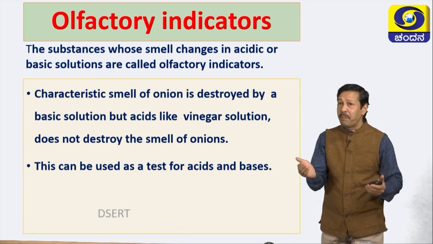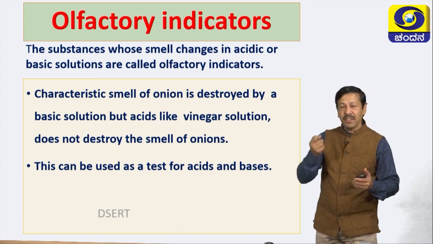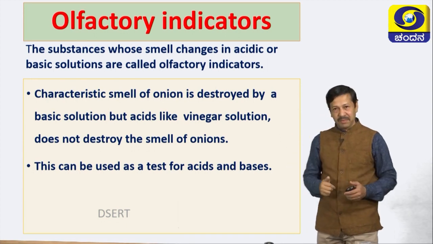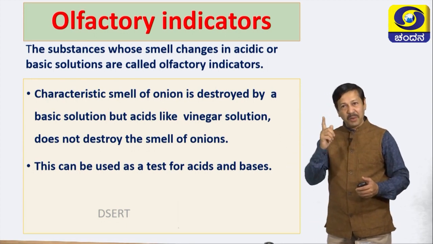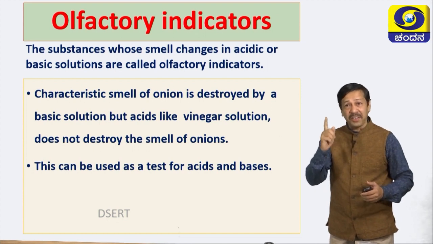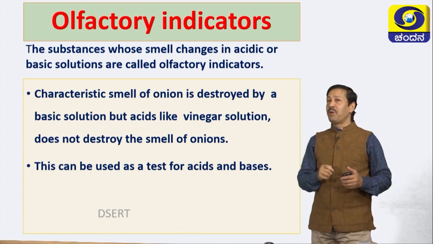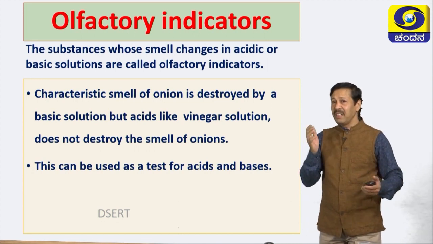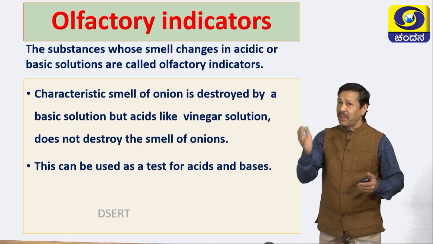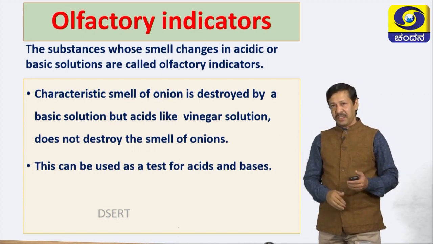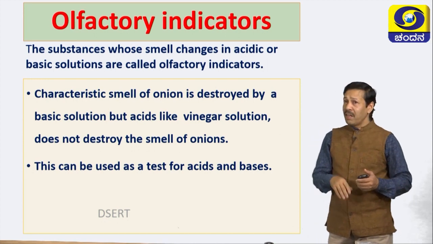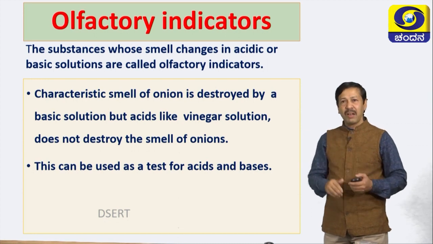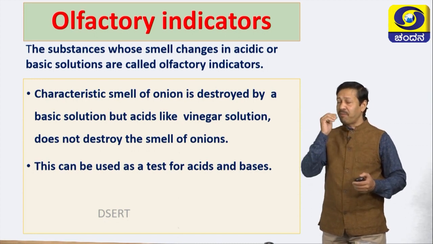After that, to remove the bad breath, what are you doing? You are brushing with paste which contains a base. Hence, you know now what is the olfactory indicator, how it works. So, base removes the smell of onion, thus you can easily identify acid and base by using olfactory indicator. Similarly, clove oil, vanilla essence, you can also test at home. This is very simple and easy for you and also fun for you.